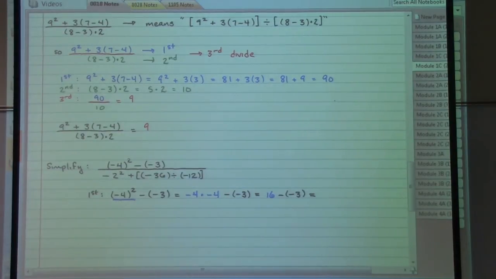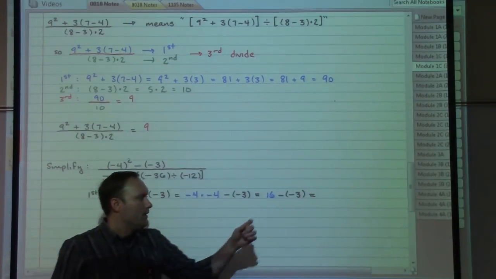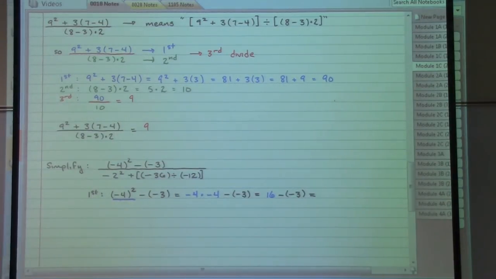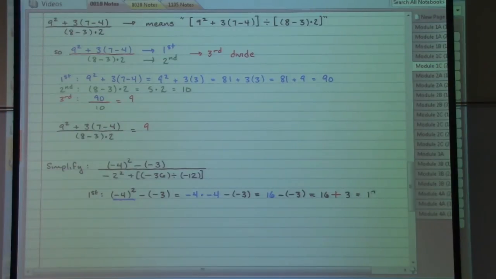Then, as we're reading through things now, we hear that very special trio minus parentheses negative, and we have to remember that's that one special thing to look out for when we were worried about our adding and subtracting problems, so that we would have, in this particular case, a 16, and in the middle, a big old plus sign, followed by a 3. So everything up on top works out to give us a 19. We'll need that in a few more minutes, but we're going to have to work out